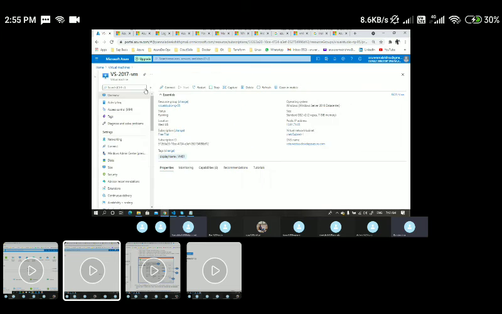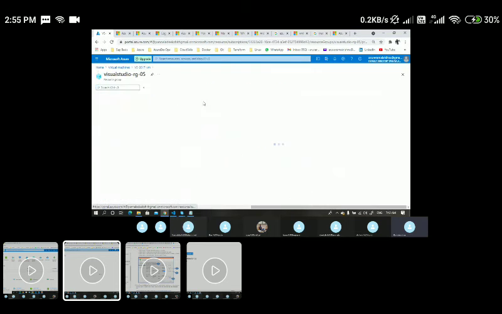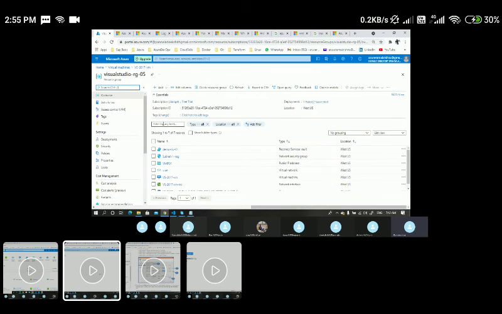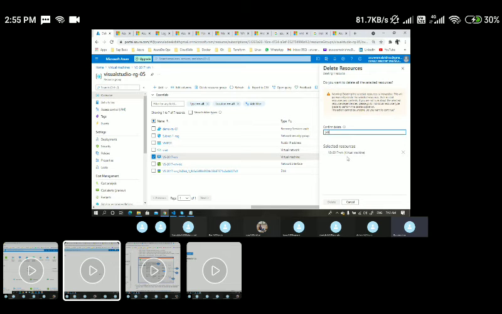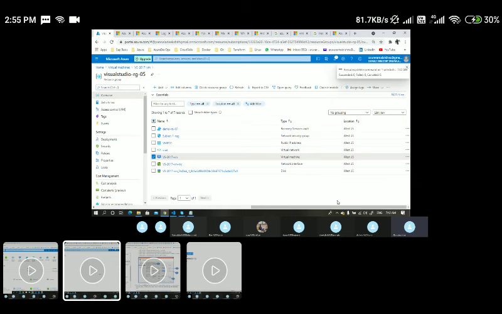Okay, now what I will do is I'll go to this VM. Let's say somebody has deleted this VM. I'll delete this VM for now. I'll go here and choose the VM, and click on delete, and I would say yes. So by default, we can map this same IP to the newly created VM. I'll show you that now.